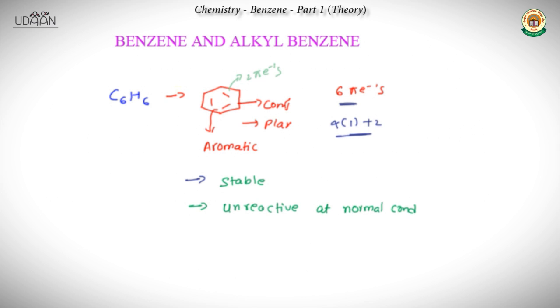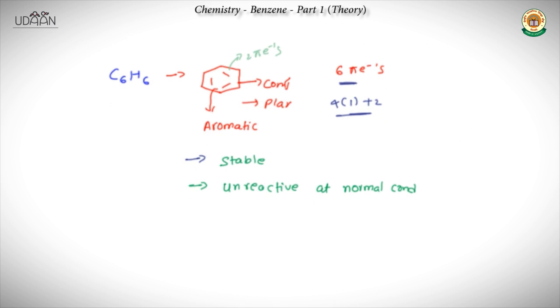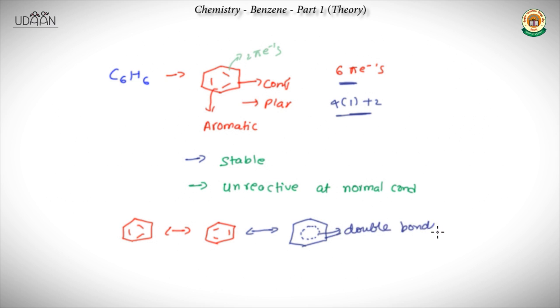So, if you look at benzene closely, we were just told that it's in conjugation. So, if you write one structure of benzene like this, since it's in conjugation, one more structure would be like this. These two are similar structures, and we write it as a 6-member ring with a dotted ring, which indicates that we have double bonds here and these are in conjugation.